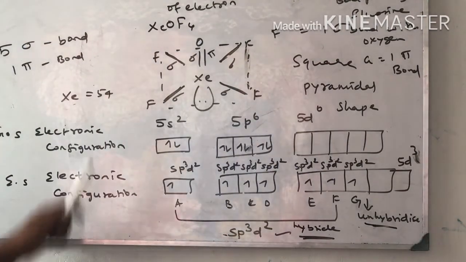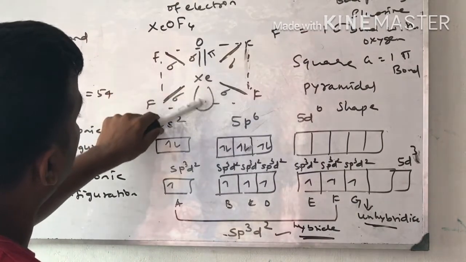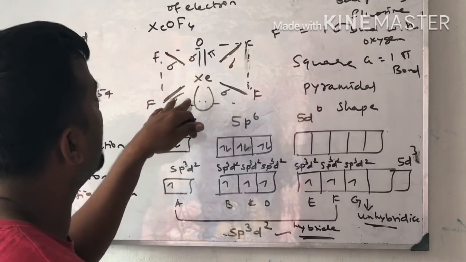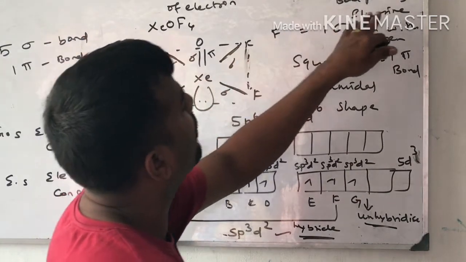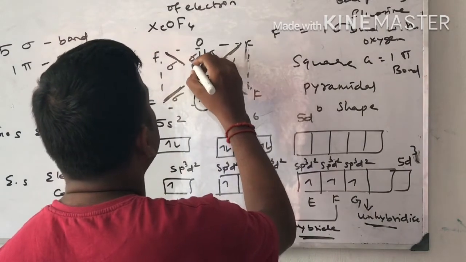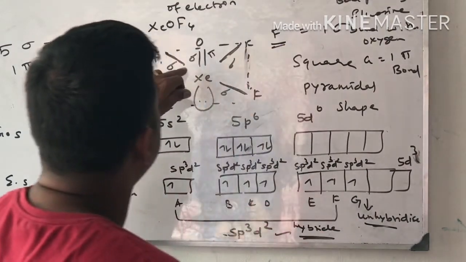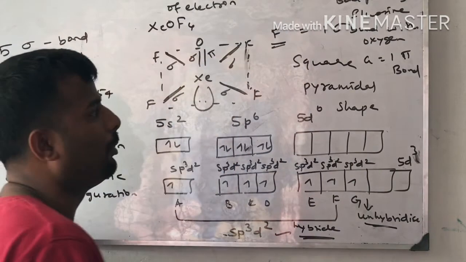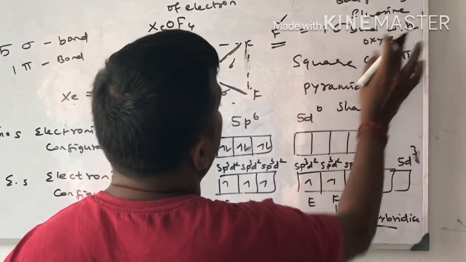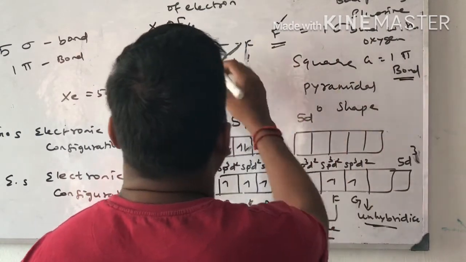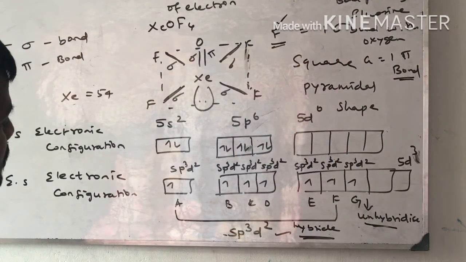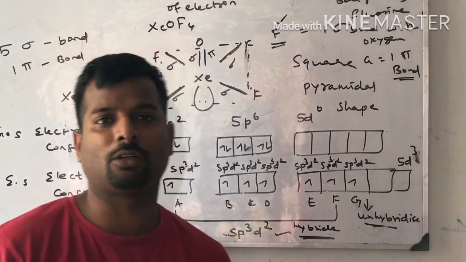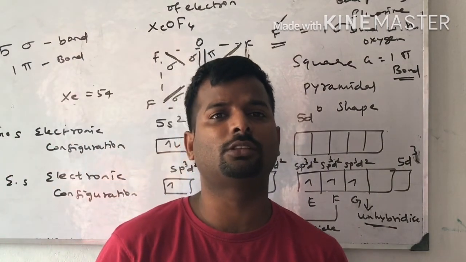Now I am going to tell: A is a lone pair of electrons. Here one lone pair of electrons is there. 4 bond pairs directly surround xenon. And the fifth will be 1 sigma bond. F is nothing but 1 sigma bond. Totally 5 sigma bonds. In a double bond, one is a sigma bond, the other is a pi bond. So in F also 1 sigma bond, and G is 1 pi bond. Totally it contains 5 sigma bonds and 1 pi bond. These are the information related to xenon oxyfluoride. Thank you students. God bless you.